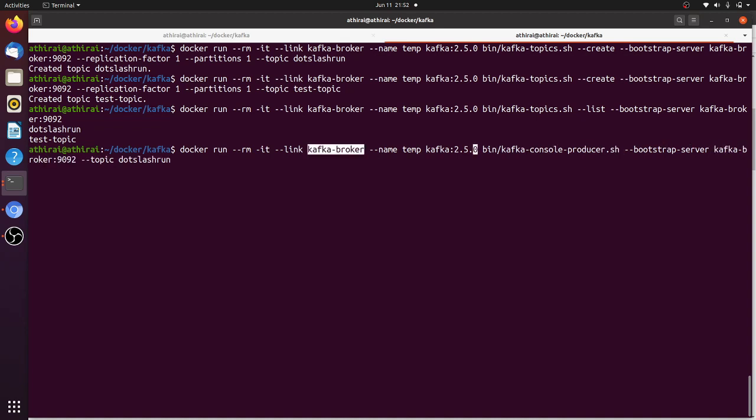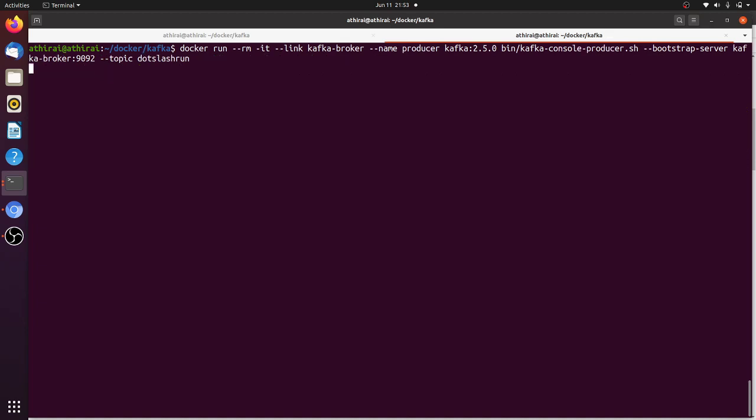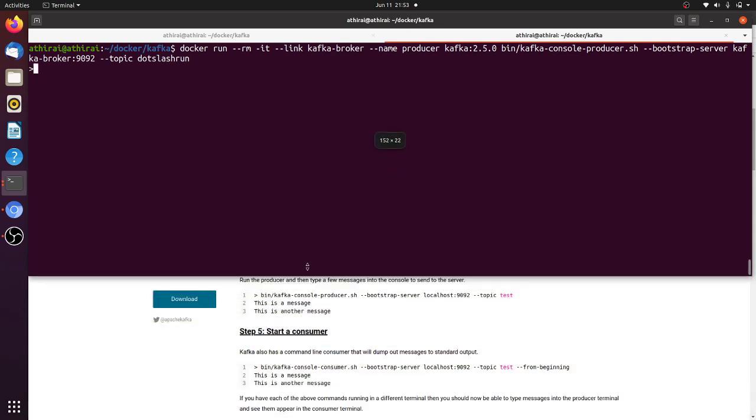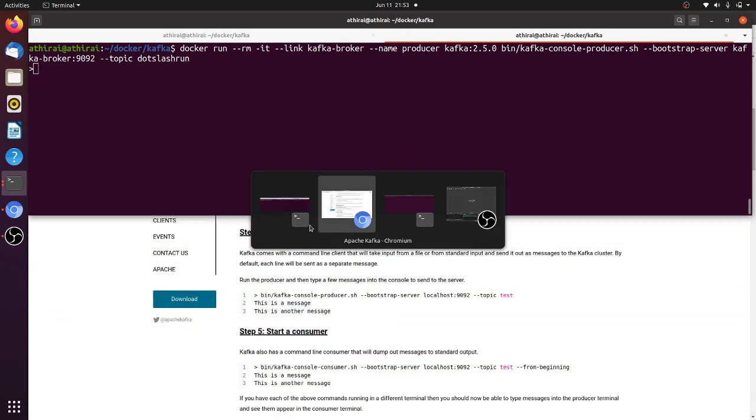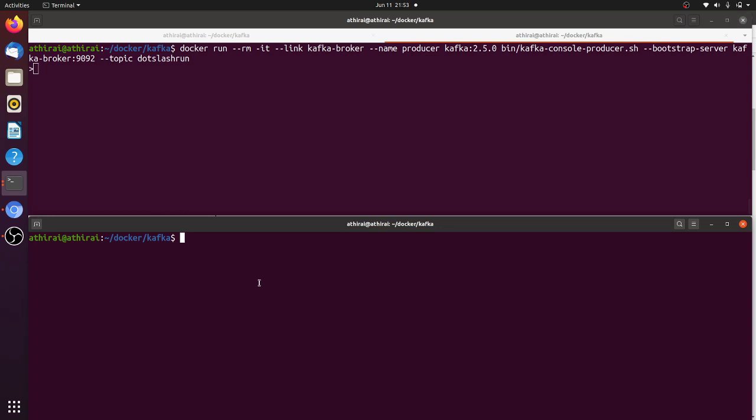And then I wanted to give it a name because it is not going to stop. It will keep on running until we have the producer running. So I'm going to give producer as a name, just to give some meaningful names. Okay, I'm going to start this container. So here you can see the arrow mark here. It means the producer is started. It is running. Now we will have one more console where we will start our consumer.